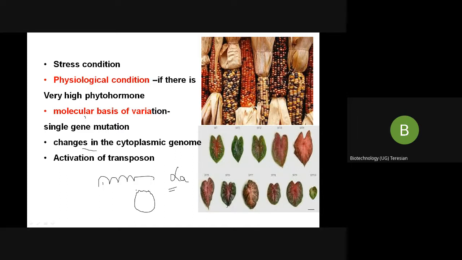There are also transposable elements. Okay, this picture you have seen many times. So these are transposable elements. What are these transposable elements and how are they getting activated? The transposable elements are small DNA sequences, okay, which can change their relative position. For example, see, this is a transposable element. What is it? A small DNA it is. This is a small DNA.